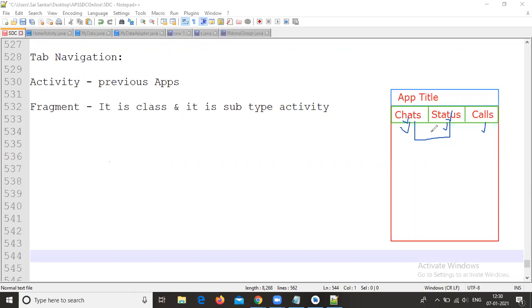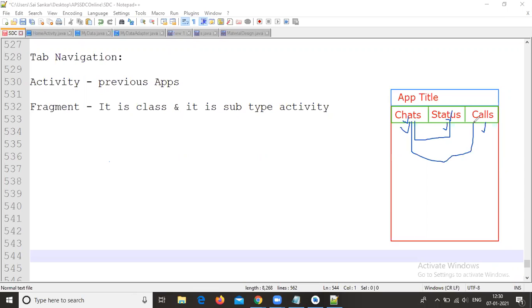This is the main advantage of fragments. We have one more complexity here: we need to display these three fragments, Chats, Status, and Calls, together.